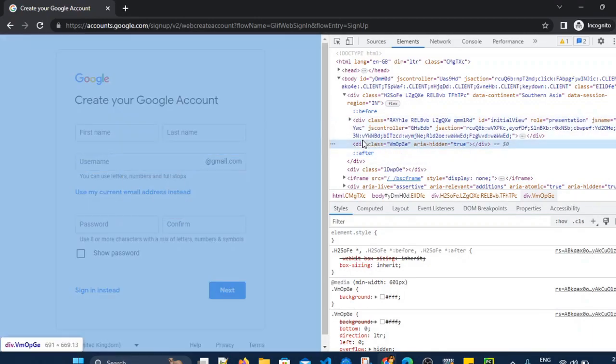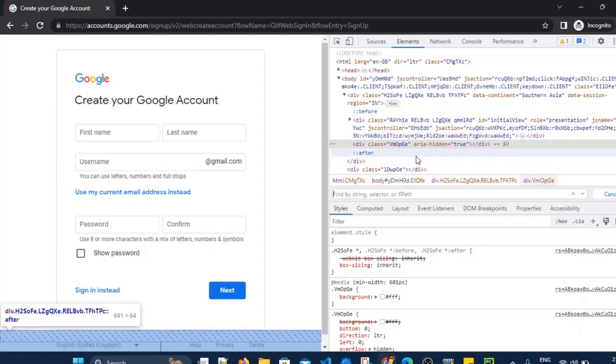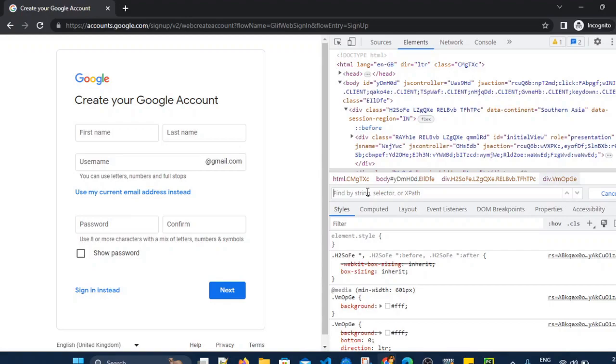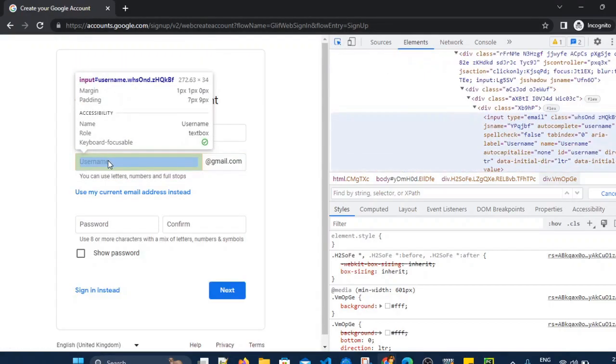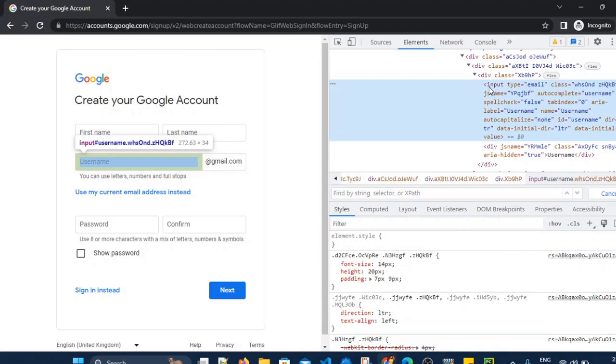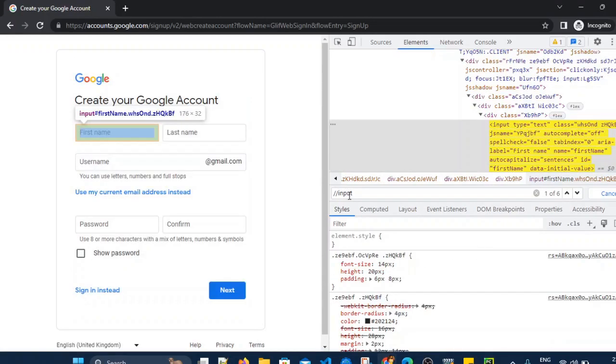So I am just pressing Ctrl F. Here, I will try to locate this username field. If you see the tag name, it is an input tag. So I will try to write a relative XPath. How to write a relative XPath? First we have to give 2 forward slashes. After that you have to give either the tag name, here input is the tag name, or we can give star also, that is also fine. But I am here providing input as a tag name, and then we can provide